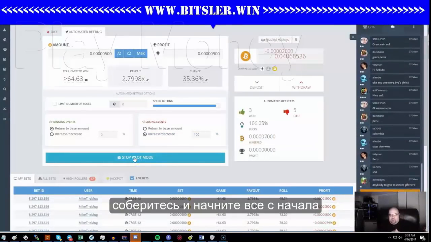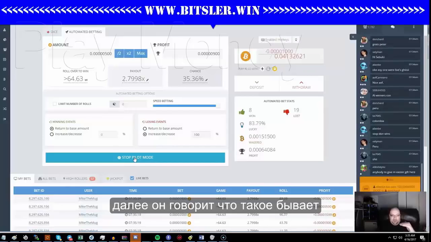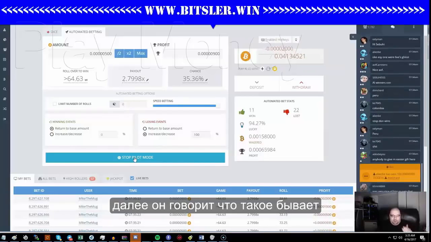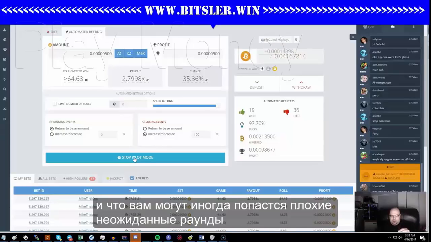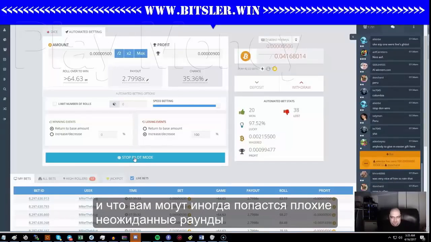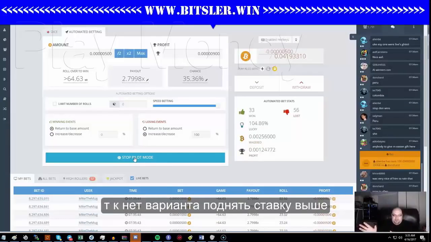Because that cushion is actually what protects you, the actual amount that you're putting in to start with. So sometimes you'll have a bad roll or an unexpected round where it just kind of drains all your max betting based on the balance that you have in there, but it forcibly stops at one point because it can't continue. There's no way it can continue because it doesn't have enough to roll with. It leaves you with enough as a balance, but the